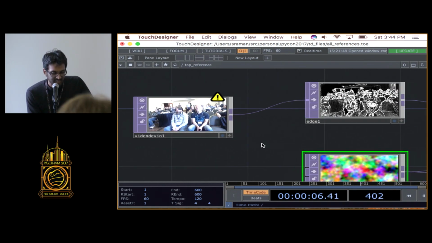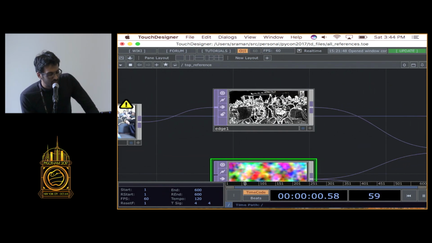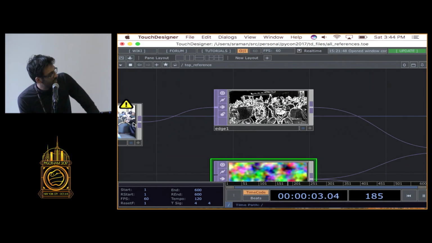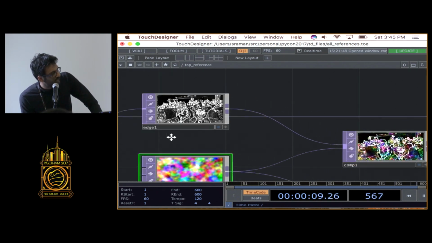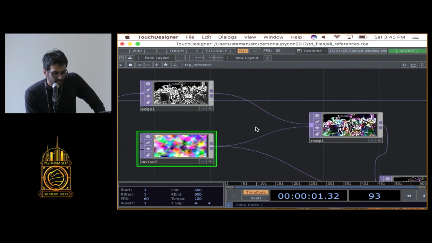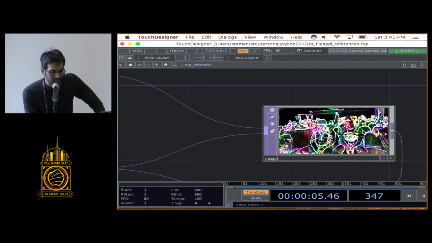So you all look amazing, and you're going to be making art right now. I'm grabbing the edges of your body using this operator here. This output is going into this input, and it's using neighboring pixels to calculate where the edges are. And then what's happening over here is I'm overlaying this animated noise pattern over your bodies to create this sort